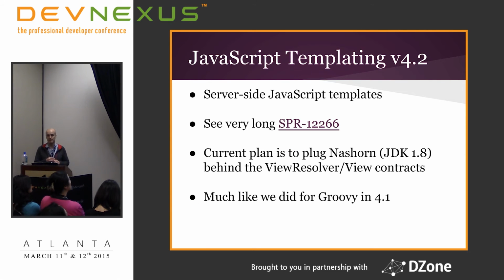We're considering an option for JavaScript templating. This has been requested, and there's a very long discussion. Be prepared for that. Under this ticket, you might want to scroll to the bottom and read backwards. What matters at the bottom is that the current direction is we're thinking about adding Nashorn, that's JDK 1.8, support for a JavaScript-based view resolver and view contract, which means that you can use something like React.js or some other templating JavaScript engine like Mustache,